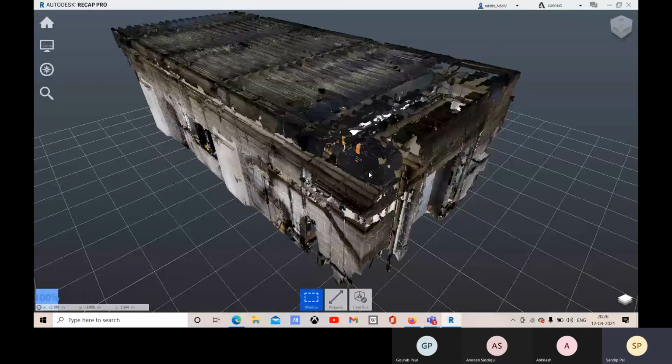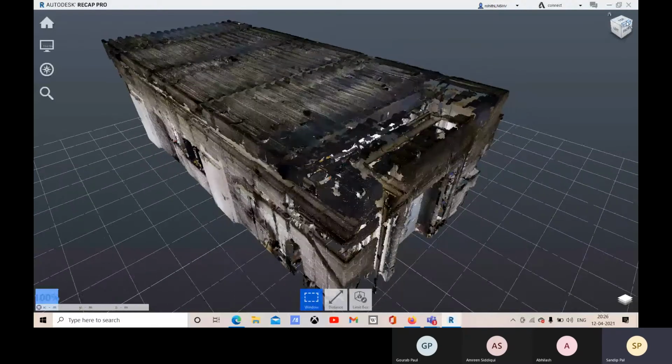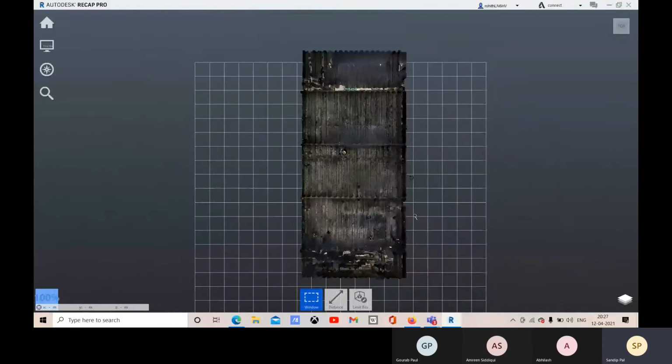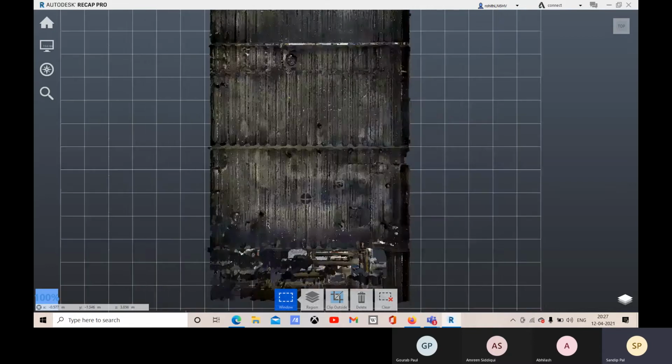So this is one file. Here you can see this. Let me go to the top, and there you can see this may be one file, or this may be the other file. So the two files are combined here right now. And if you zoom in, you can see some points are there.